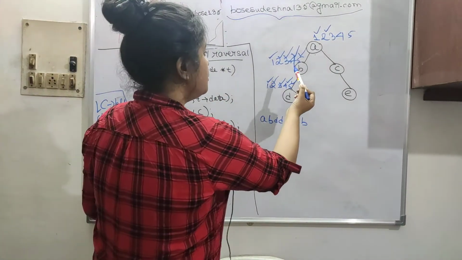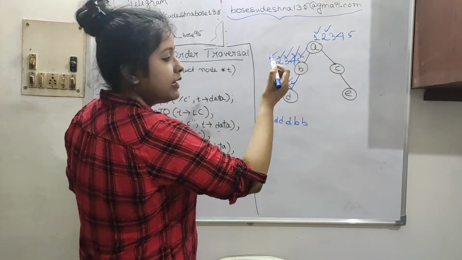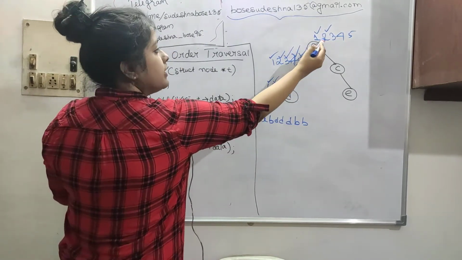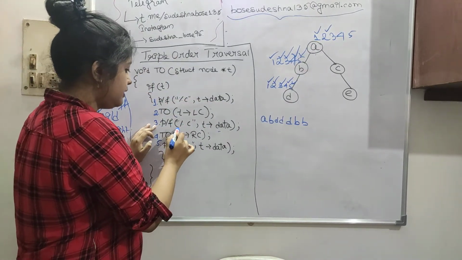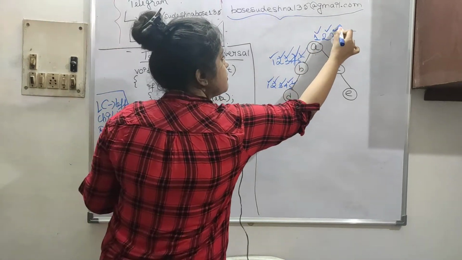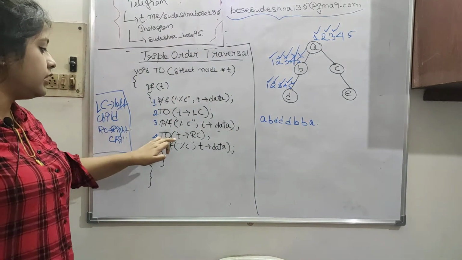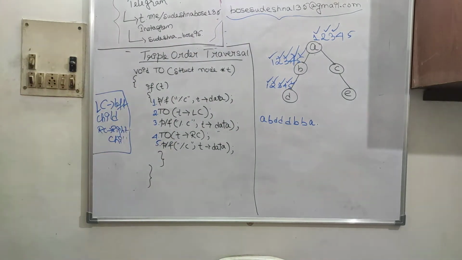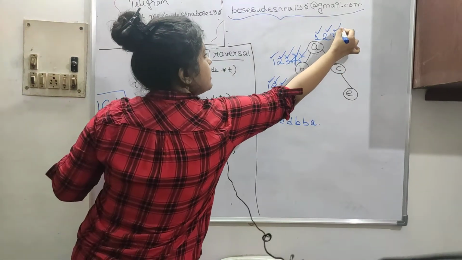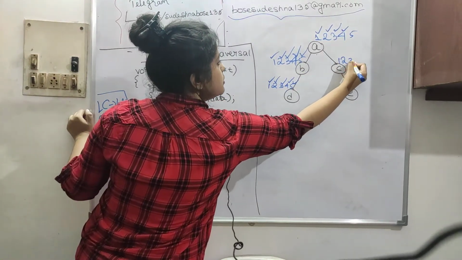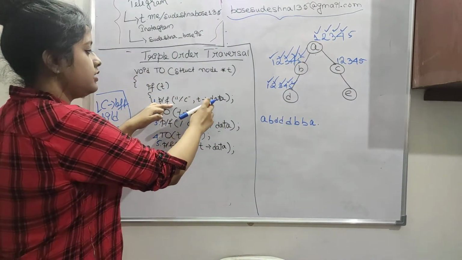Now we will go back to our parent, that is A. Till 2 we have done, and now from 3 we have to continue. So 3 is printf T arrow data. Put a tick mark here and print it. A is printed. Now number 4, TO T arrow right child. Our right child is C. Put a tick mark here and write 1, 2, 3, 4 and 5. Now again printf T arrow data.